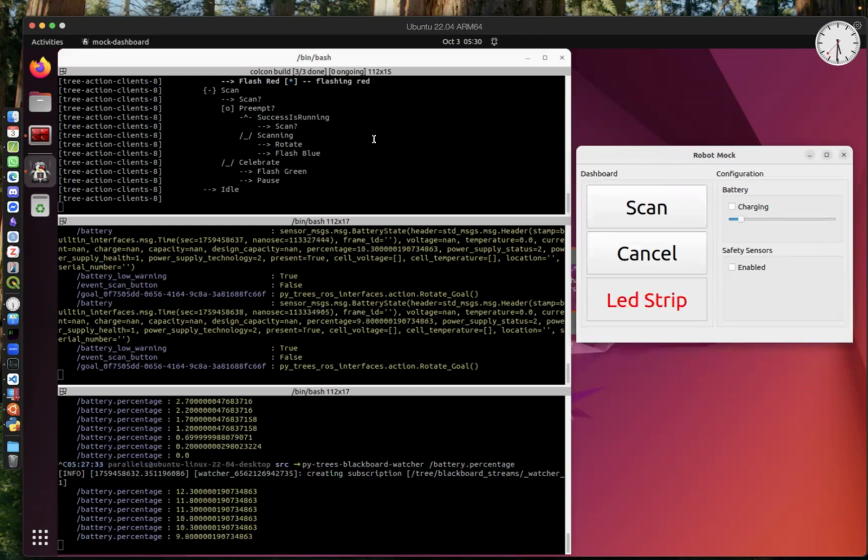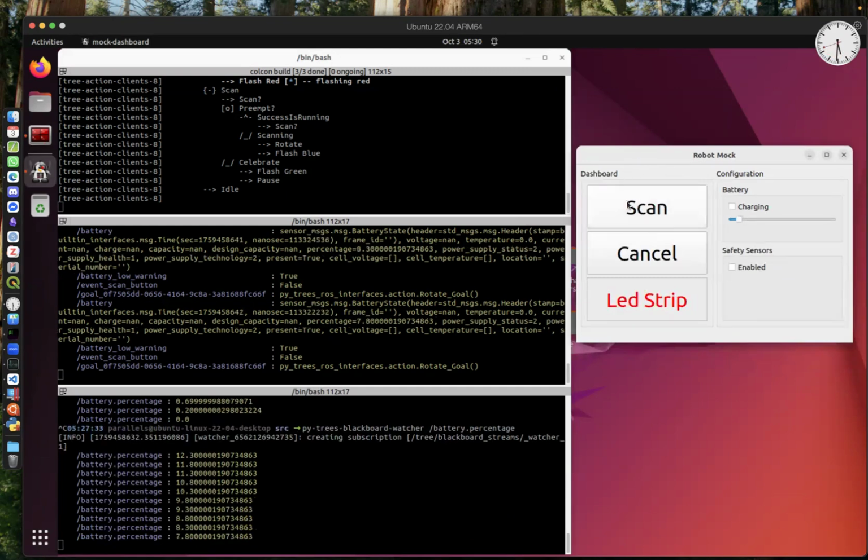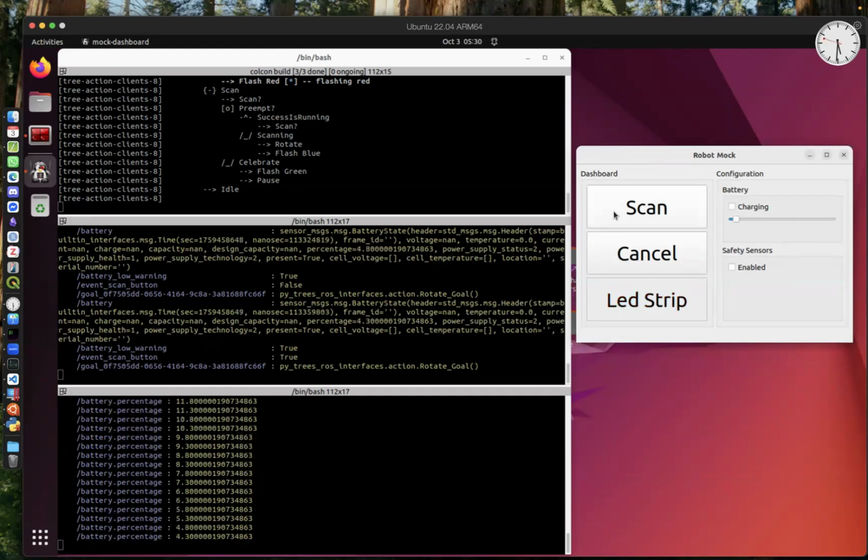Now, what happens if I push the scan button while the low battery warning is activated? Let me push it. Scan never happens. Yes, because it is reflecting the actual situation. When the robot has low battery, you shouldn't scan because you don't have much power to